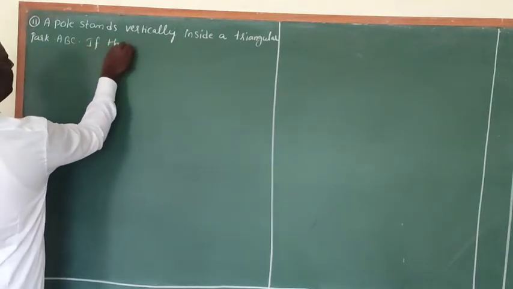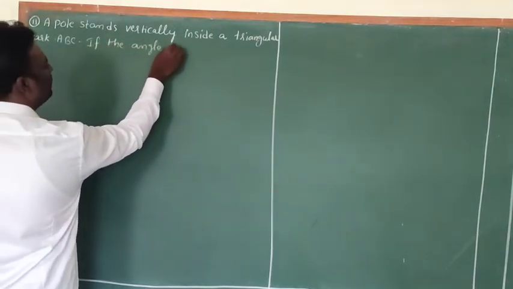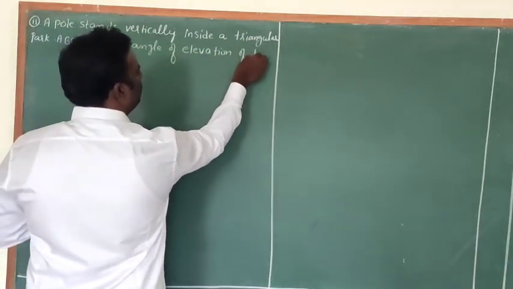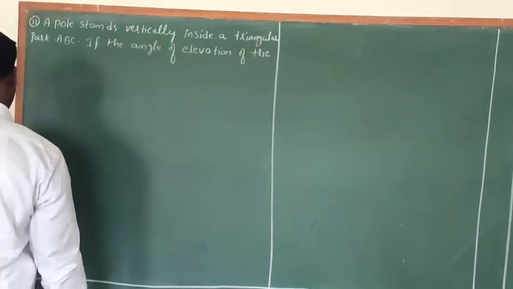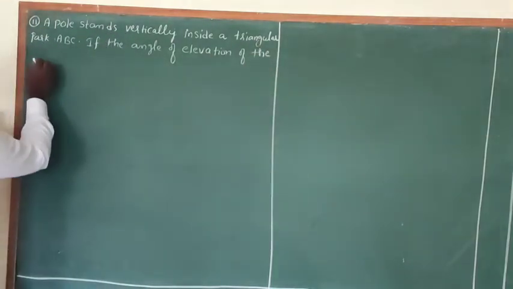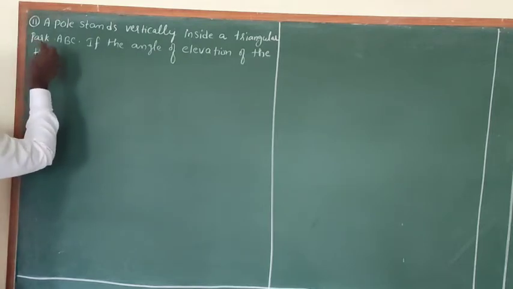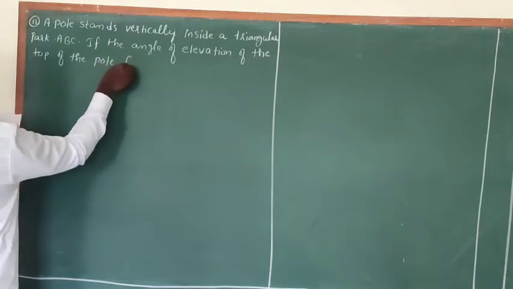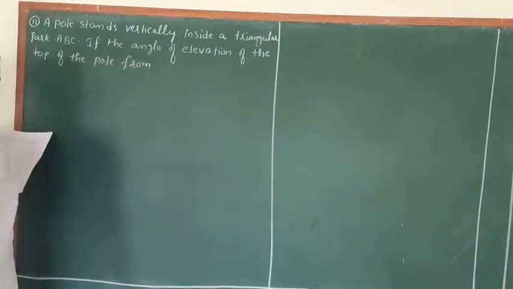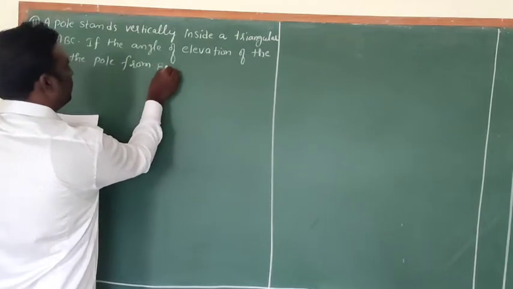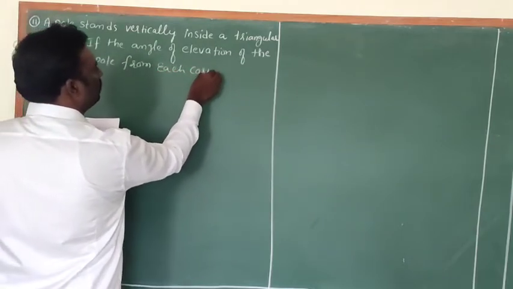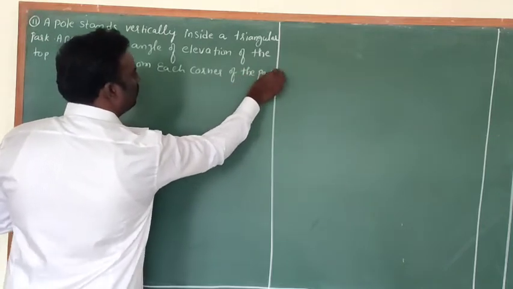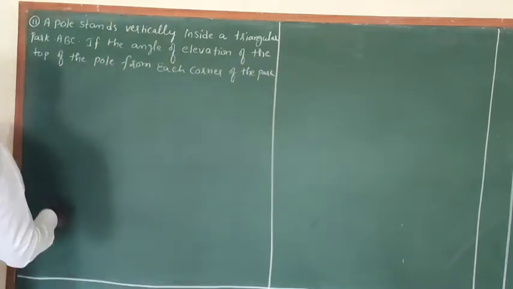If the angle of elevation of the top of the pole from each corner of the park is the same,